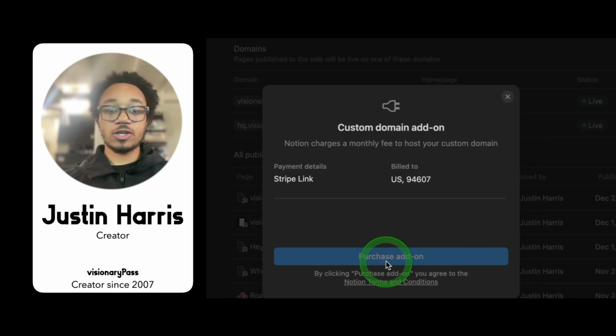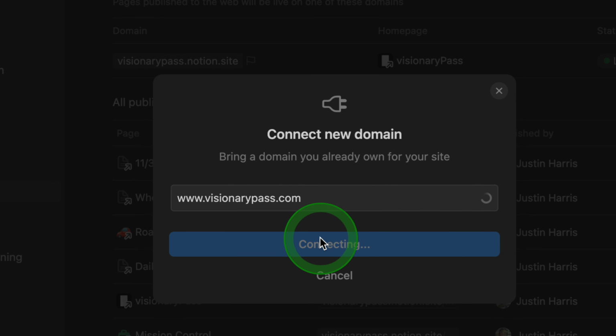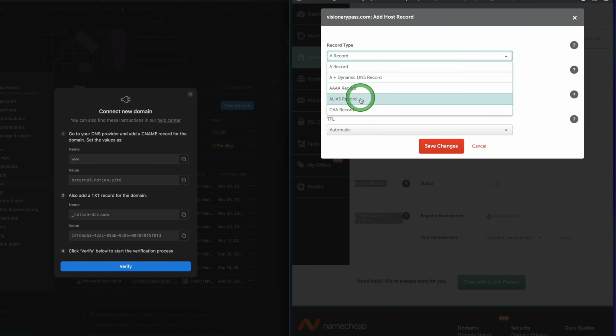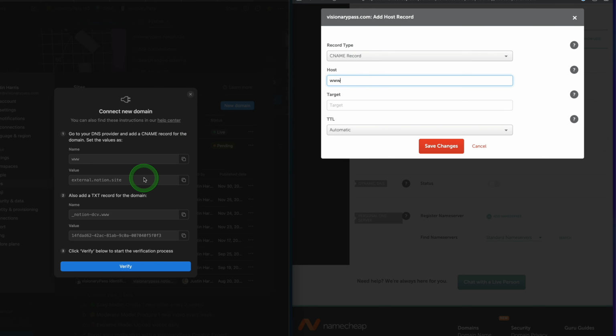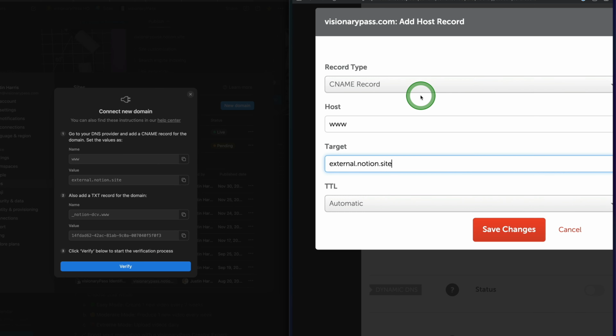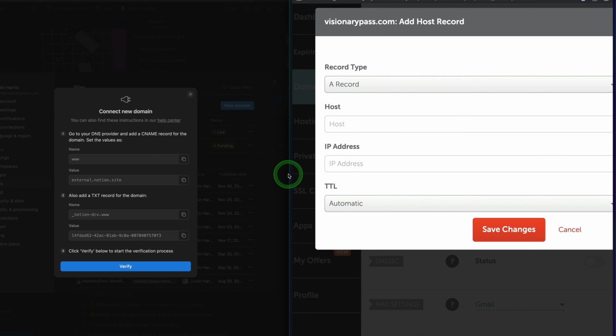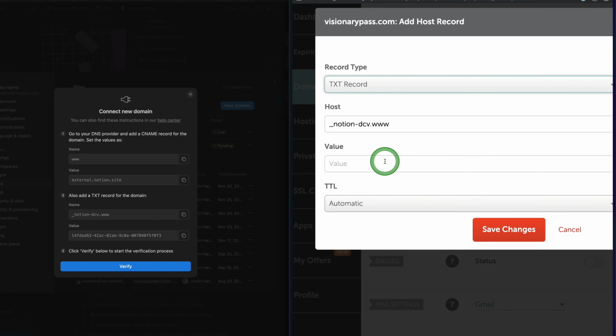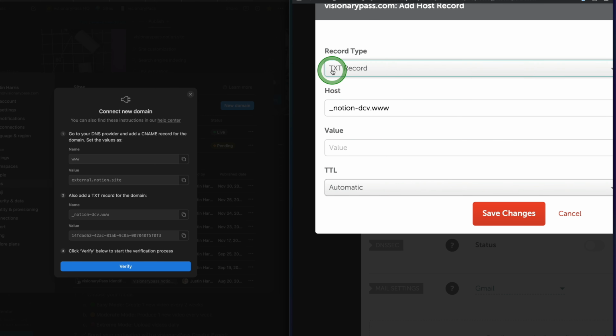You'll hit continue and it'll bill you, and you'll be able to add a domain name to your Notion sites right here. And then it looks like this. After you add it in, it's going to ask you to enter some credentials onto your DNS, and this is what this will look like. You'll copy those fields over, you'll go to your website DNS settings and enter in that subdomain and all of the details there to verify that you own that domain name,